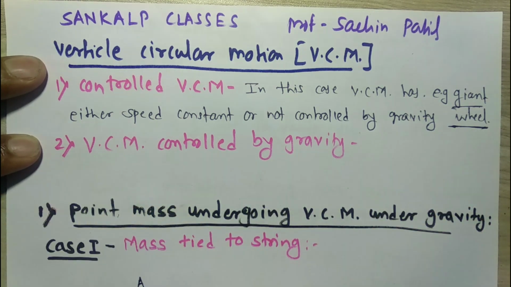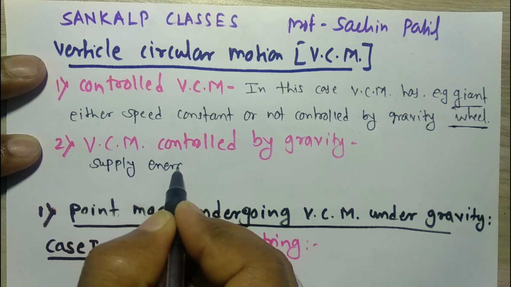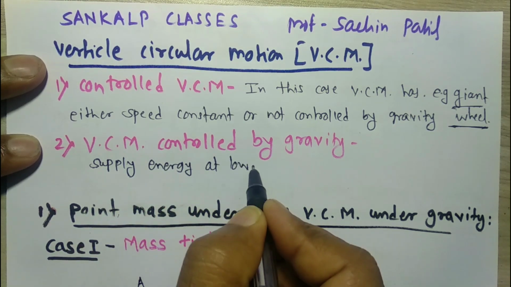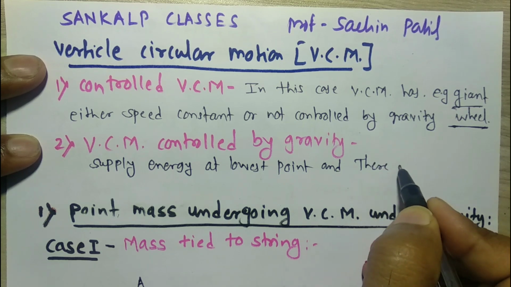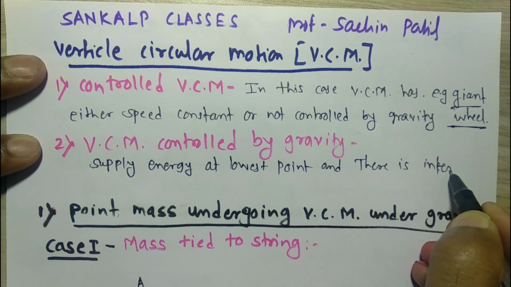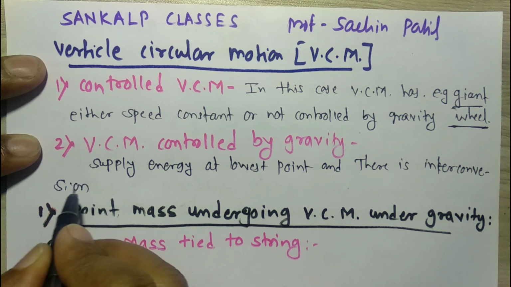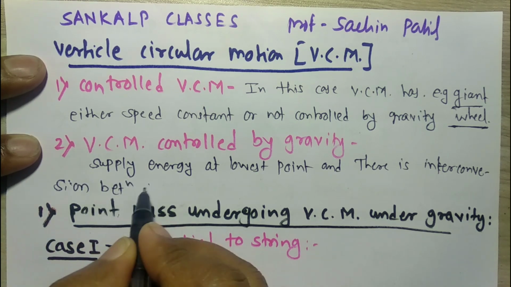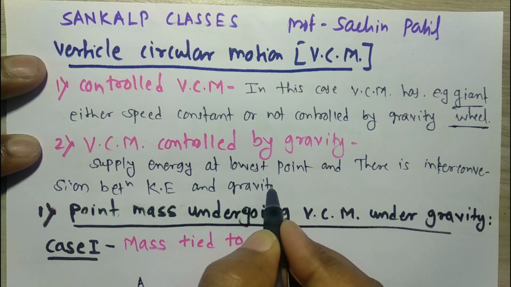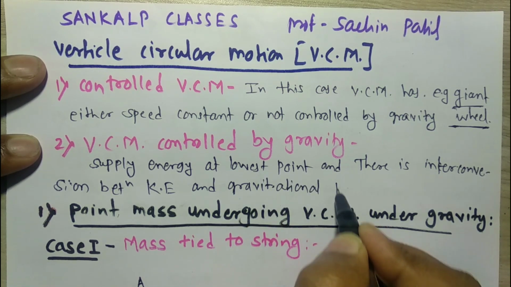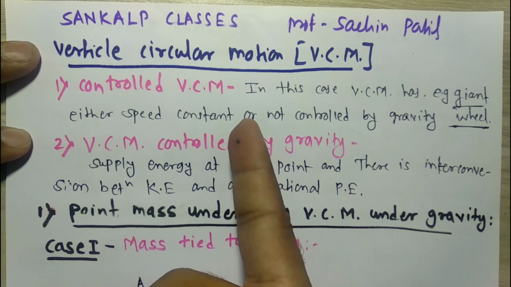In this vertical circular motion we supply energy at the lowest point, and there is interconversion between kinetic energy and gravitational potential energy. That means what? When we are moving in upward direction, first of all we have to move from the